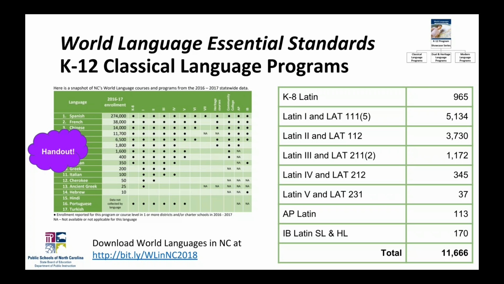These numbers fluctuate over time, but what I can tell you in general about our statewide data is that we see more students taking more languages. And so our language enrollment is steady in each language. This year that we're looking at happened to have 11,666 students, so that's how we get rounded to 11,700. And you can also see those community college courses, as I noted before. When those are listed next to their equivalents of Latin 1 through 6, I've indicated in parentheses how many students were actually taking at the community college level out of that total number for the course. So you see we have a small enrollment at the community college level for Latin, but it's primarily in our high schools.